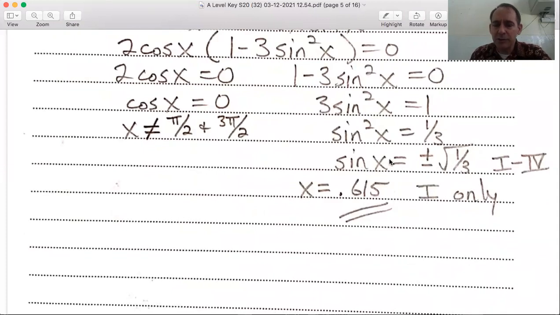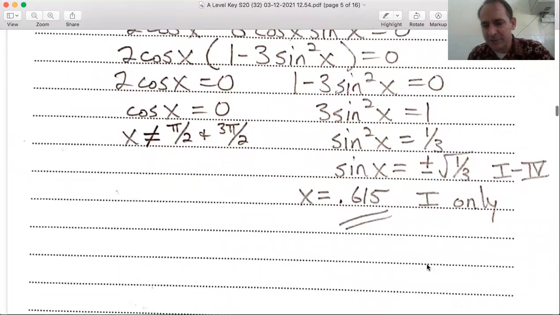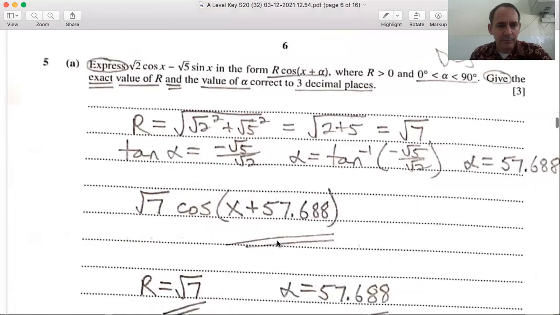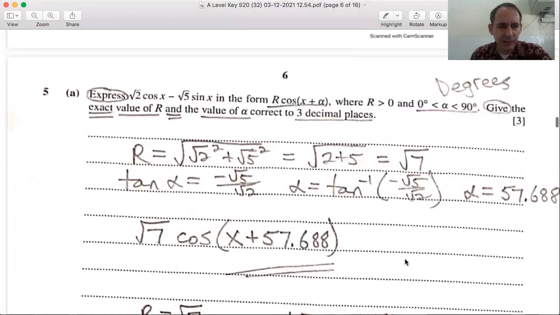So when we do the inverse sine, I didn't show that step, x equals the inverse sine of square root of 1/3, you get 0.615. This is in the first quadrant, and you don't have to go through and find the other 3 quadrants. So 0.615. Moving on to question 5a, here's another trigonometric